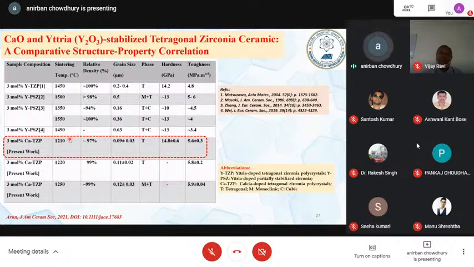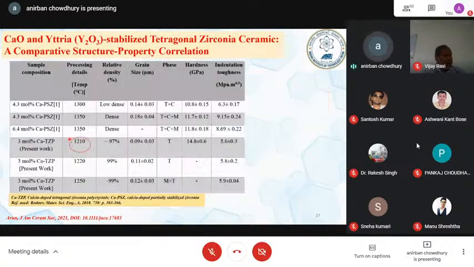So there is a remarkable savings of the heat economy, and that is where the strength of our result is. When you compare with the very few works people have done, with only one we could find, that is true on 2018 on calcium doped stabilized zirconia, where you can see that the 3 mole percent here, and they have done even with double, 4 and 6 mole percent here, but even then they could not find fully tetragonal